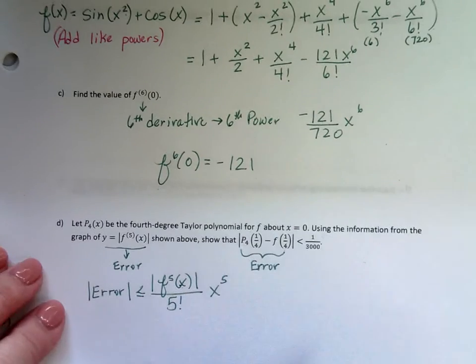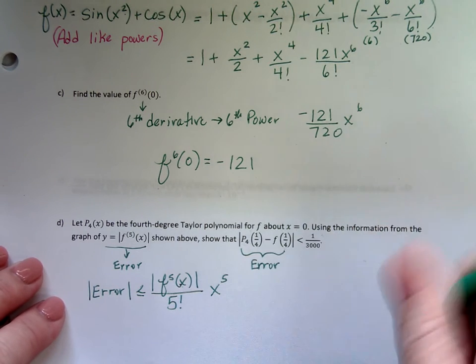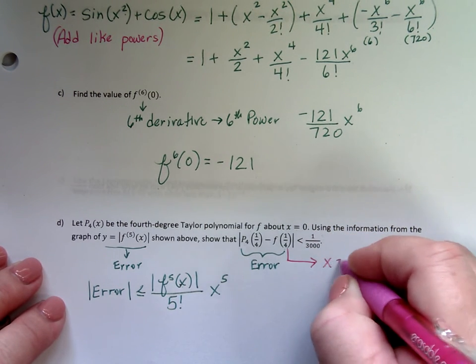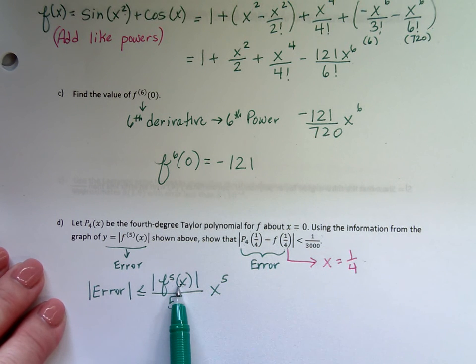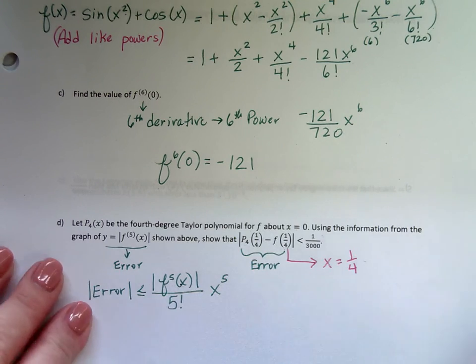The x value I'm concerned about, maybe I'll put it in a different color, my x is equal to 1/4. That's what the x value is. So I'm looking at, what is my graph? What is y at x equals 1/4? I want to know what that y coordinate is, because that y coordinate is this piece. So I want to know what happens when x is 1/4. If I go back up to the picture,